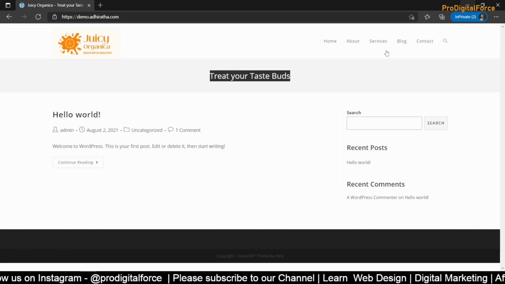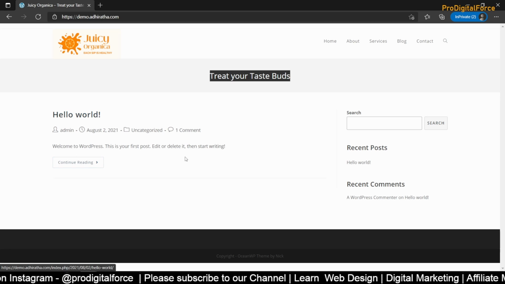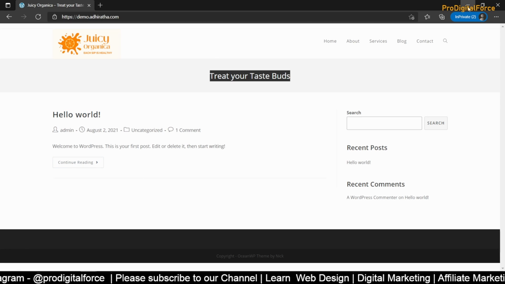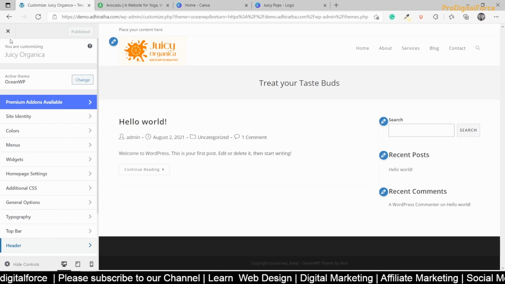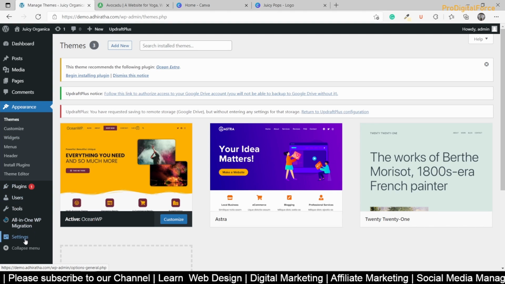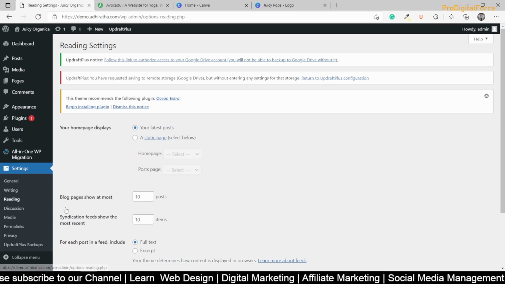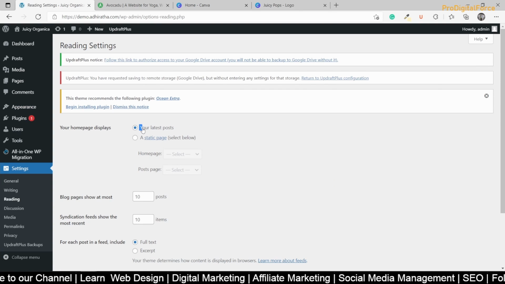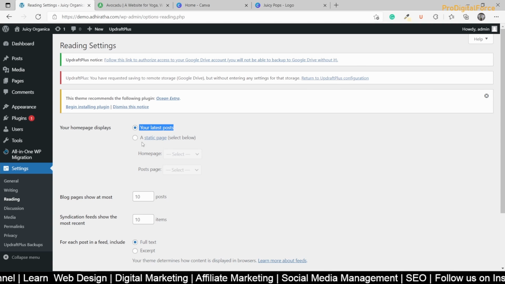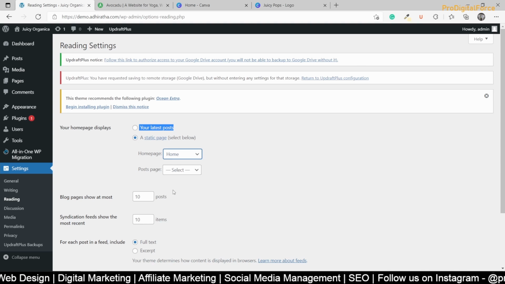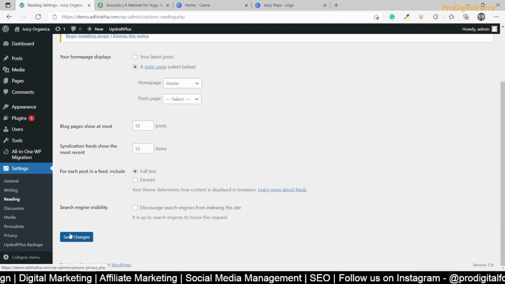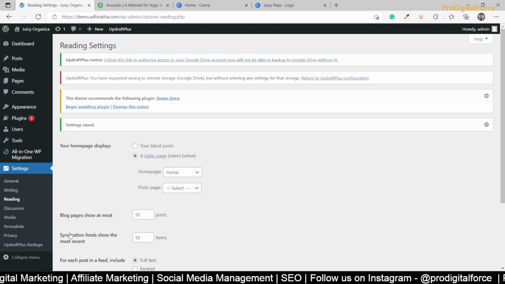Now if you see this, it is showing a tagline here. It is not required, right? Then we also have this one, hello world. This blog page is coming. Where can we change this? Go to settings. This option called reading. Right now by default, when people open your site, the home page displays your latest posts. This is selected. So now I'll select only a static page, which is the home page, so it shows only the page you wanted to launch when people are opening. You can decide it here.